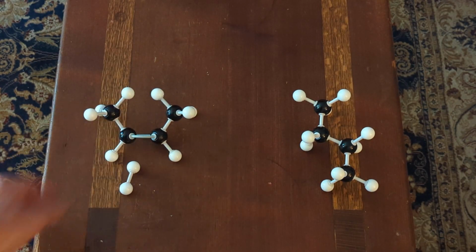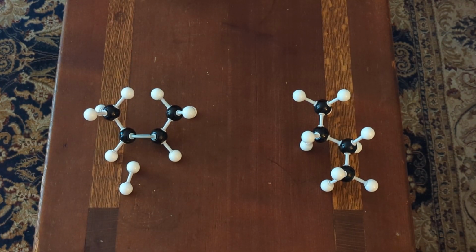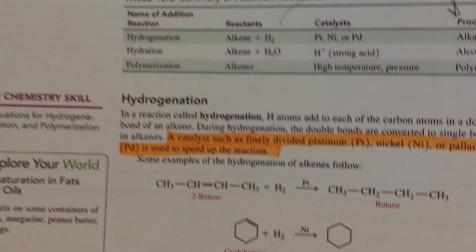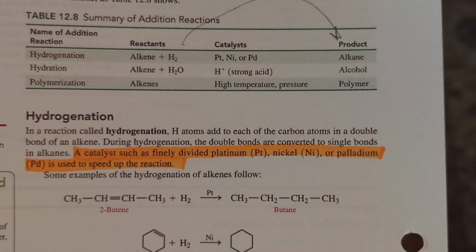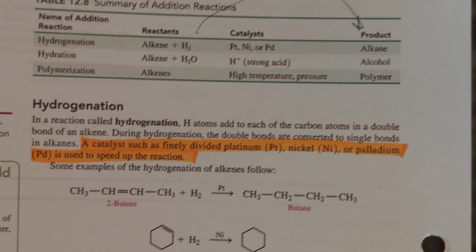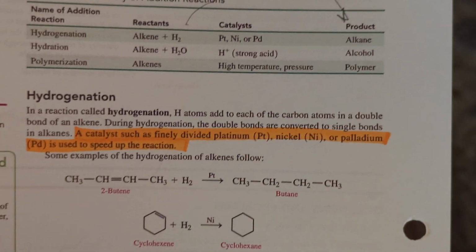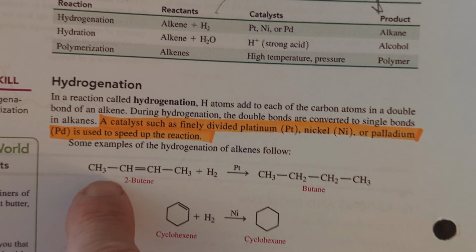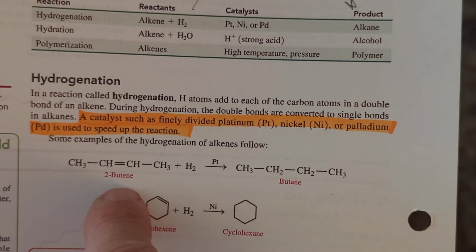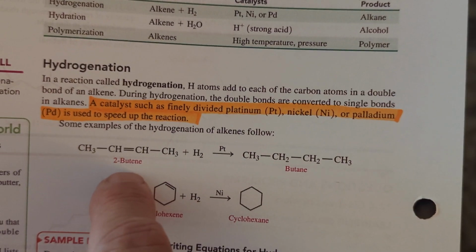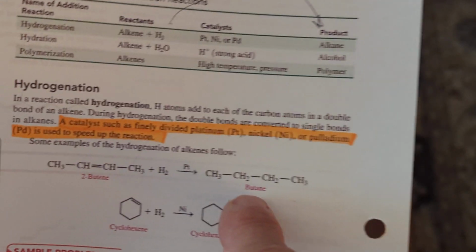But this reaction would proceed the same way if it were in the trans configuration, maybe just with a different reaction rate. Now, what I've been using is this chemistry book by Timberlake, in which she's talking about hydrogenation, and I've been reviewing that. This particular reaction, she shows as taking butene, 2-butene in particular, to butane,